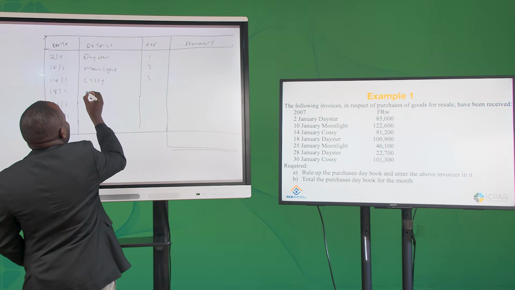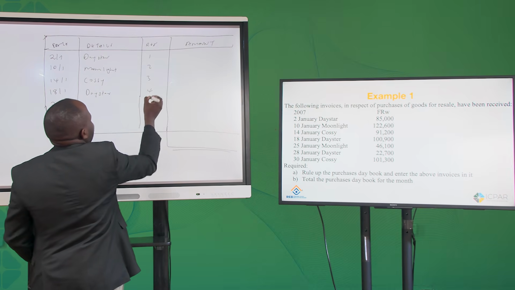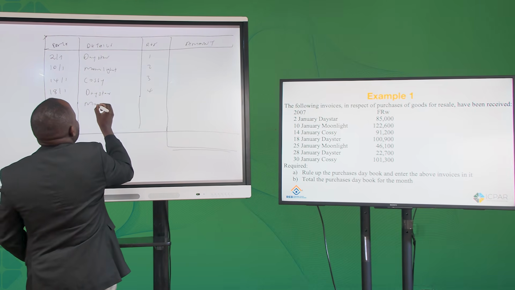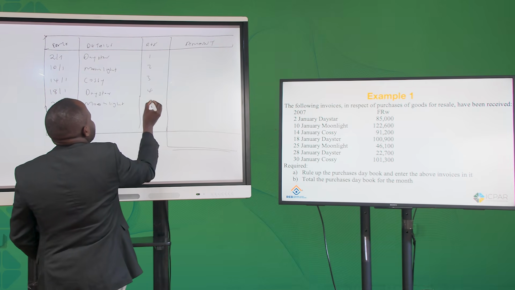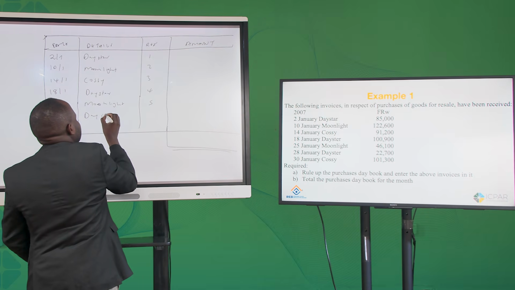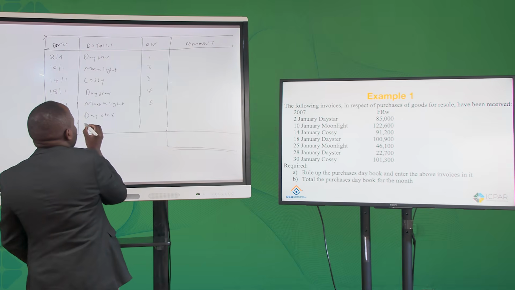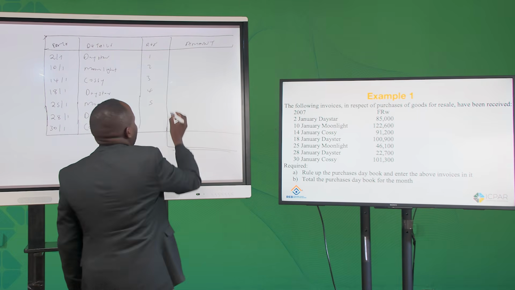There was Daystar again, reference number 4. There is Moonlight again, Moonlight as our 5th reference, Daystar. So remember, we post it on a daily basis, and Cozy. And then you get the amounts,